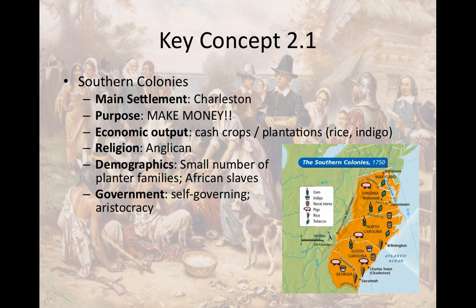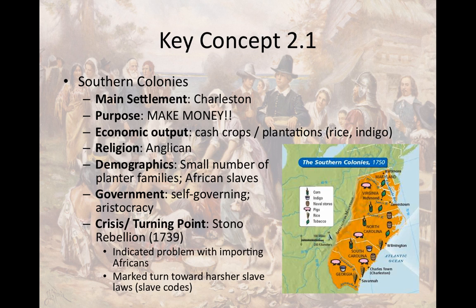They governed via self-government. However, that planter aristocracy was really the ones who had all the say. And their crisis, or their turning point, is the Stono Rebellion in 1739, which saw slaves in South Carolina revolt against their masters. This indicated a problem with importing African slaves and marks a turn towards more reproduction of slaves, and then it also leads to more harsh